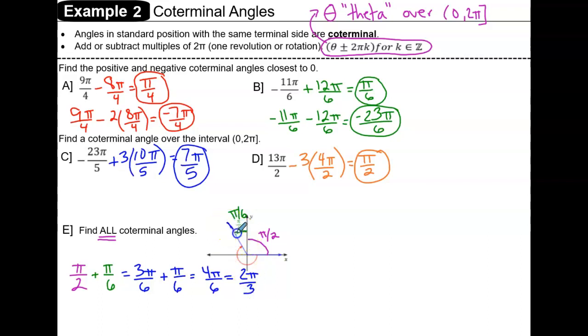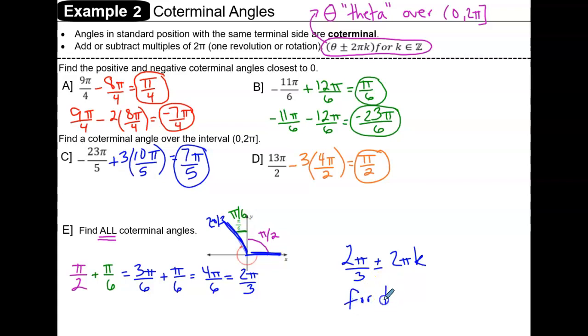So the terminal side of this angle over the interval 0 to 2 pi is located at 2 pi over 3 radians. So the expression for all coterminal angles would be 2 pi over 3 plus or minus 2 pi times k